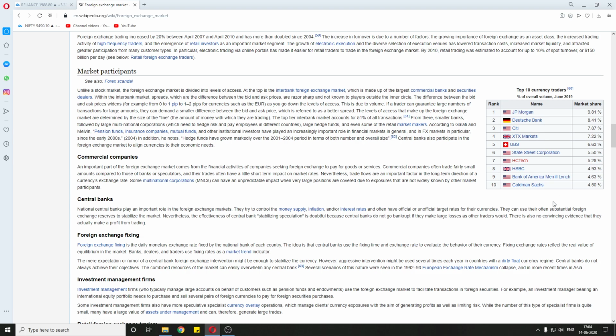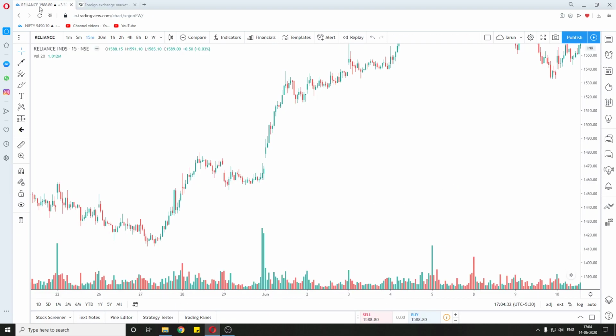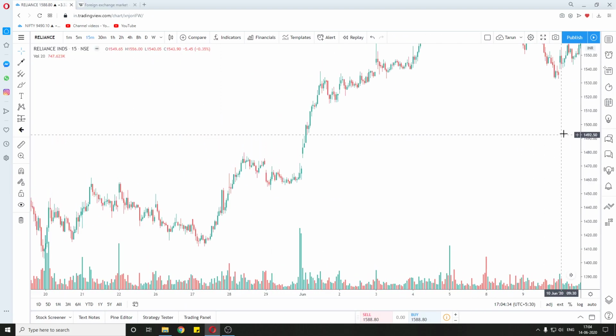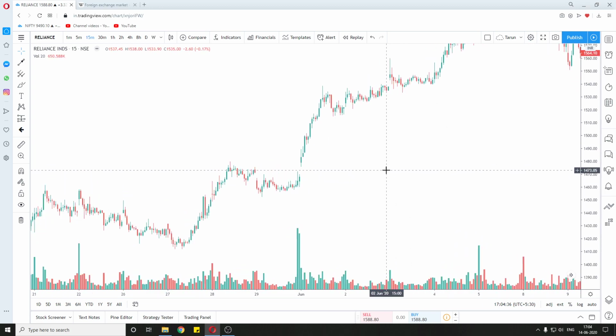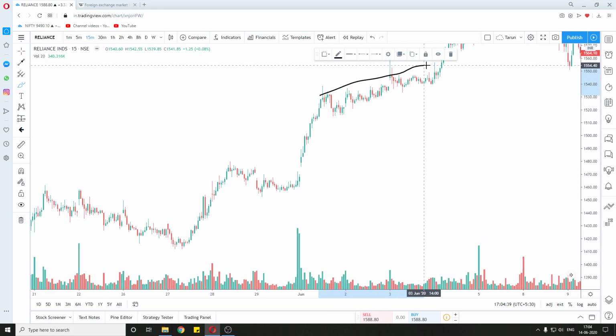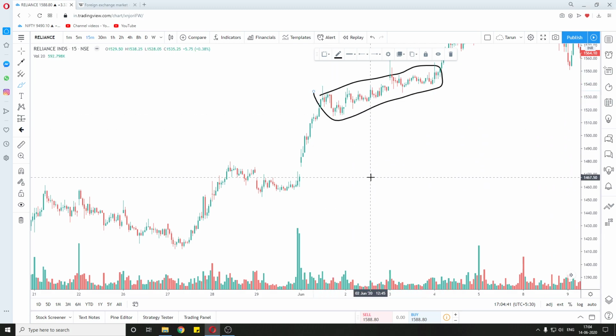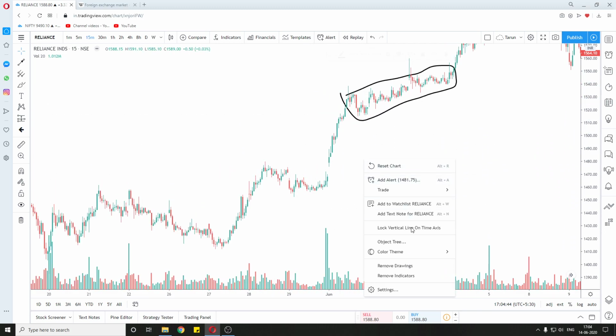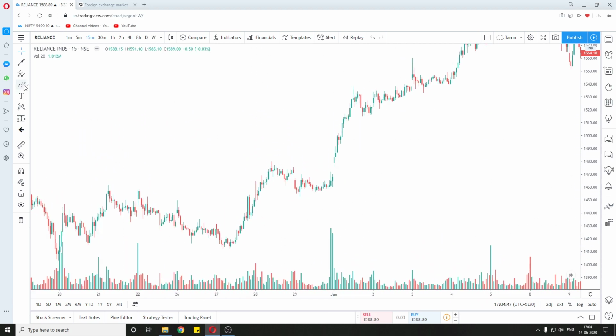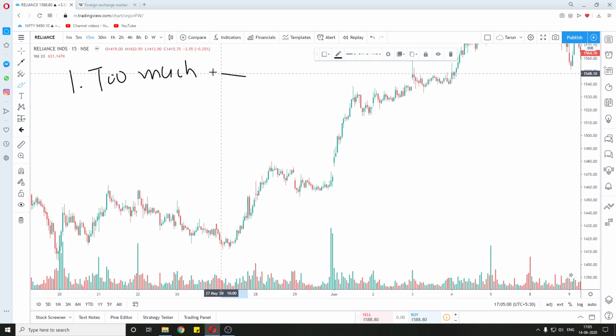Now why am I telling you this? This is because these are the big banks which actually control the price, not us small traders. The same happens in the share market. The price is controlled by the big banks or big institutions which have a lot of funds. Now what problem do they have? These big players have one problem which we retail traders will never have, and the problem is they have too much money.